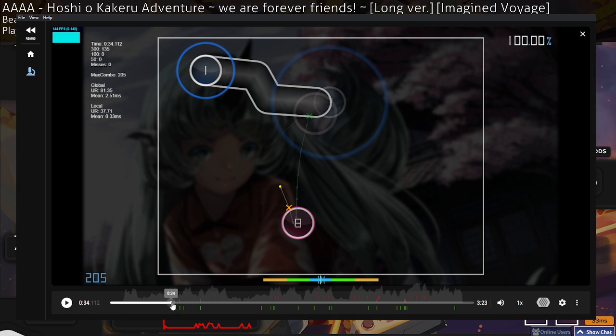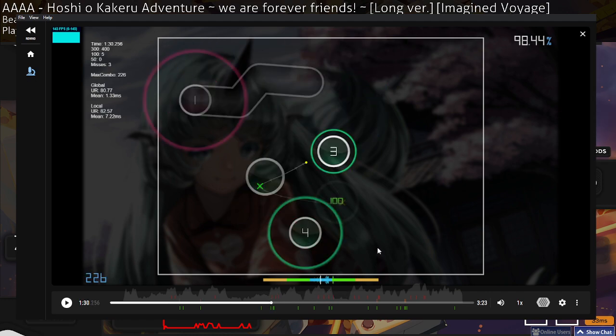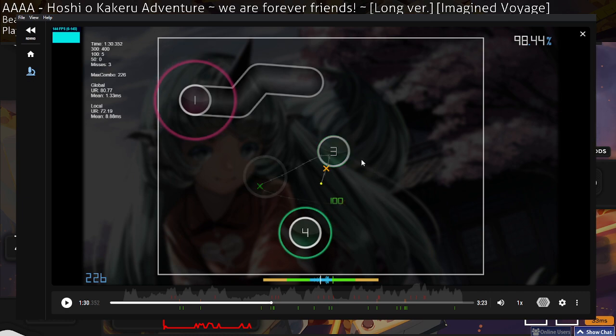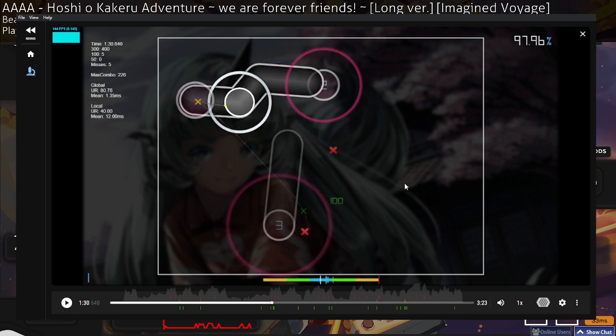And this is especially helpful for maps that are tricky for you to read, because if you're playing a low approach rate map or something like that, it is really, really hard to tell while you're playing how you actually missed. So I've always been a very strong advocate for watching your replay, especially for spaced streams and things like that. But it is sometimes very hard to tell, even from just watching the replay in game. There's so much value in being able to pause the replay and look frame by frame and have, what? How did I miss this? Are you kidding me? Nice game.